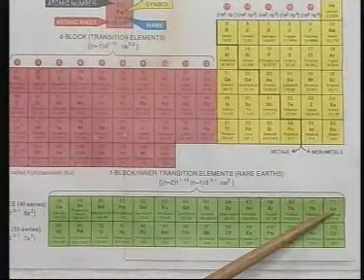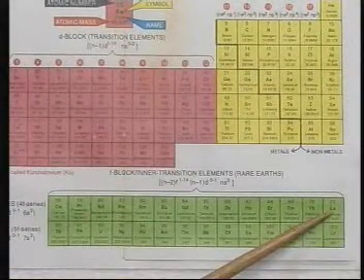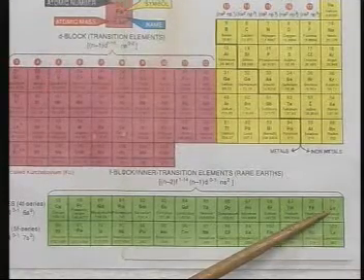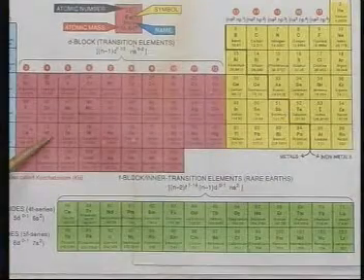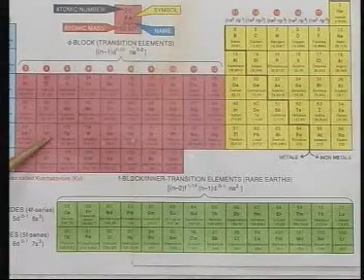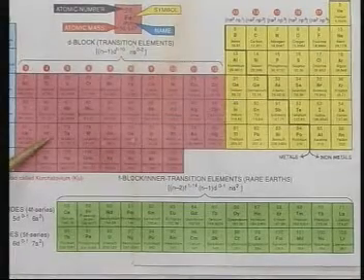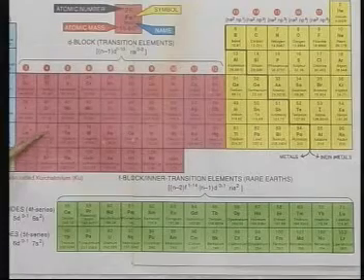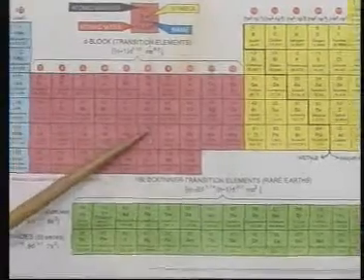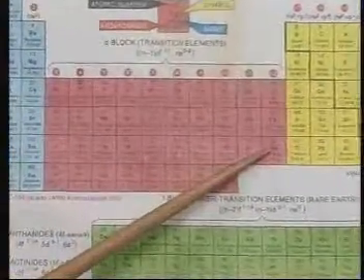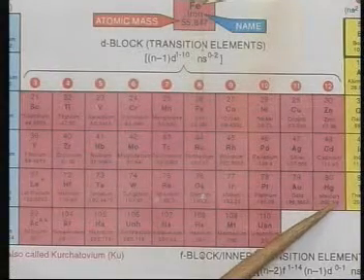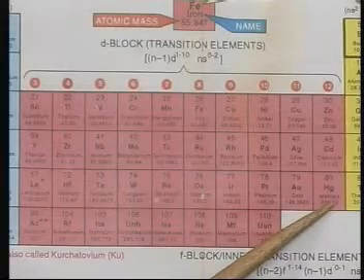After element Lu with atomic number 71 has its 4f orbital completely filled with 14 electrons, the next electron will go into the 5d orbital, and hafnium has a configuration of 5d2, 6s2. So we see here that after hafnium up till mercury, gradually the 5d orbitals are being completed. Thus, elements from lanthanum to mercury represent the third set of transition elements.